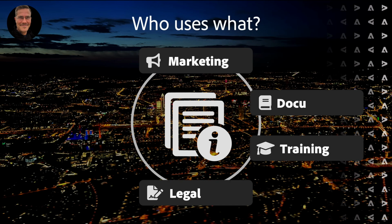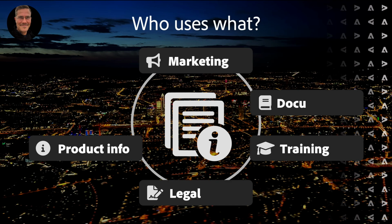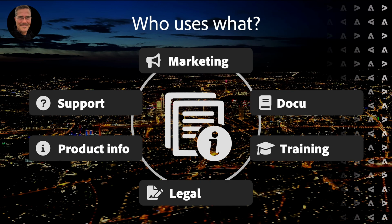Maybe they need to review it, maybe they need to store it somewhere for having it saved for later if something goes wrong and they get some complaints or so, or legal issues. And of course, it might also go into the PIM system as a product information piece. And finally, the support team will also use that same single information snippet again in their knowledge base maybe. So all these departments and all these systems are using one and the same information, but that information is produced somewhere and then